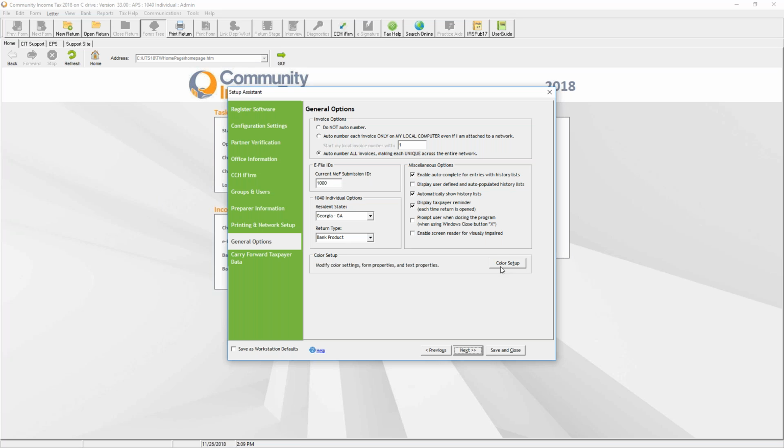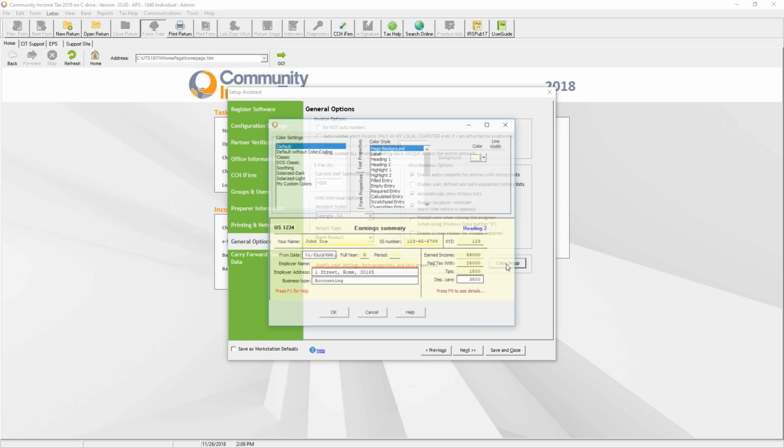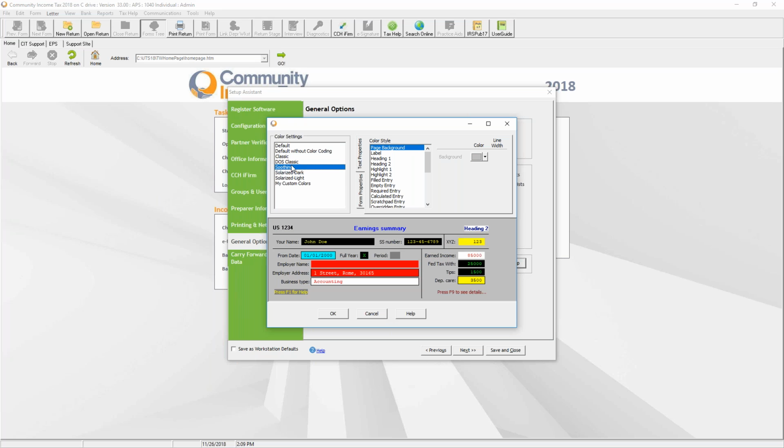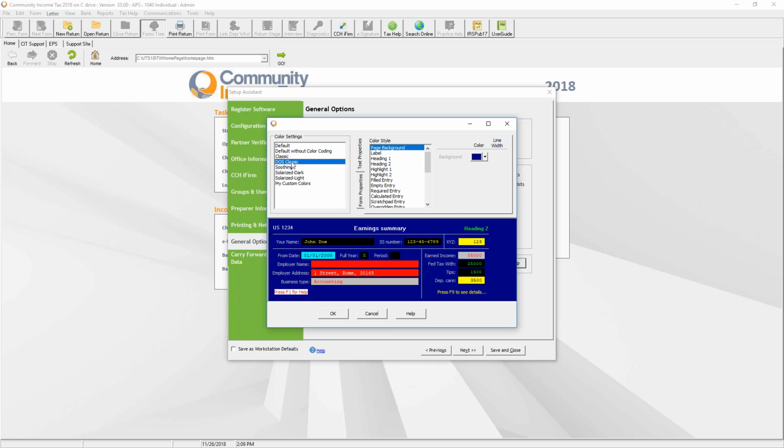I'm also going to come over here to color setup. There are different colors that you can actually have for what looks like the form. It's defaulted to this beige looking thing. Some people like the classic version, and it's very bright. So you can actually do a custom one, where you can do the background color, the red lines and things like that. So whichever color that you want to go with, and there are some really neat ones like a DOS one, you go ahead and select it, hit OK,